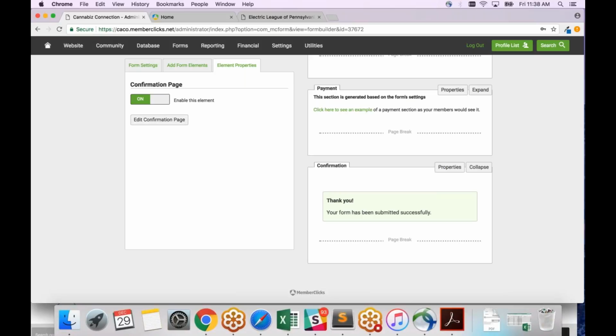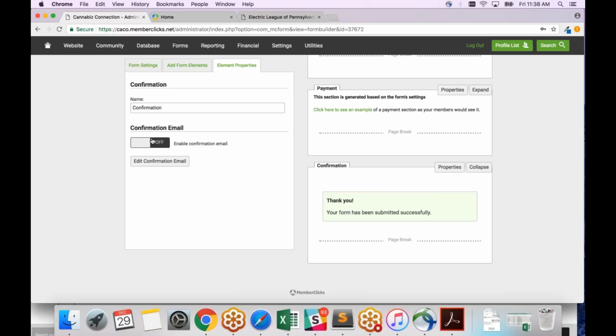Okay. And then the properties. So if I click properties for the confirmation section, it allows you to set up a confirmation email. Now we can't use the confirmation email because they're not logging in, so the system doesn't know where to send the confirmation email. But in the future, you'll be able to use this, especially for event registrations or your membership